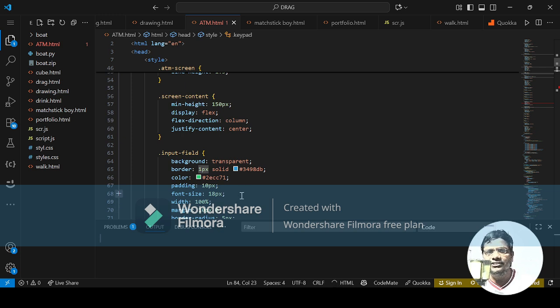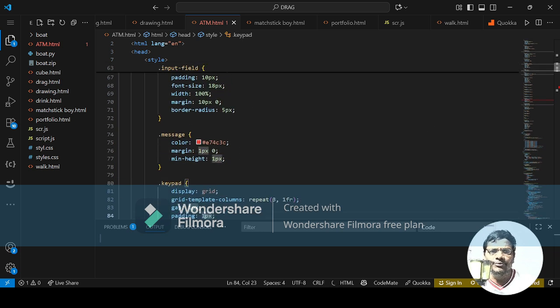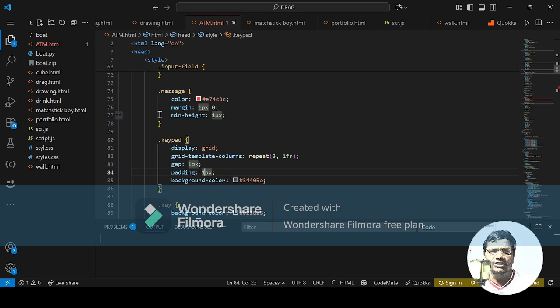Next, font size, background size, width, margin, border radius. Next, .keypad, margin 1 px, height 1 px. The ATM keypad, 1 to 9 numbers, keypad grid, display grid, grid template columns repeat, and text padding,